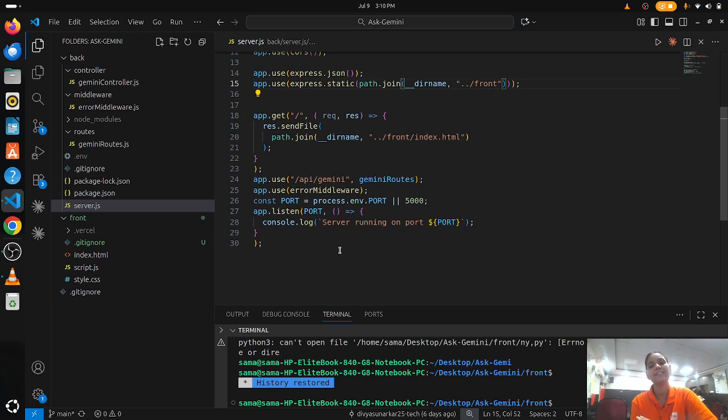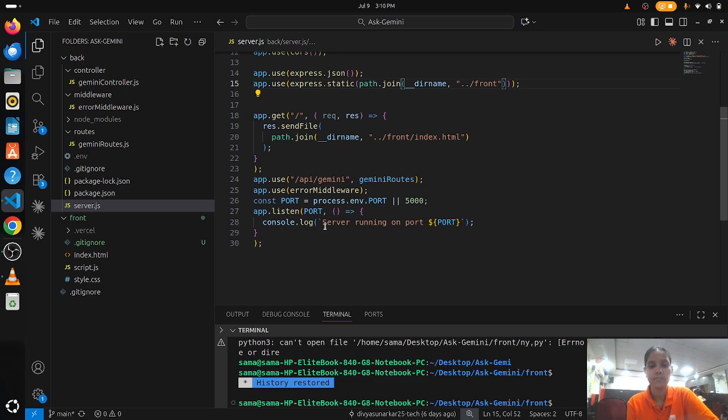Port means it is a number, a value like 5000, 4000, 5500, or 3000. The port and the Gemini AI API key are stored in the .env file as variables.